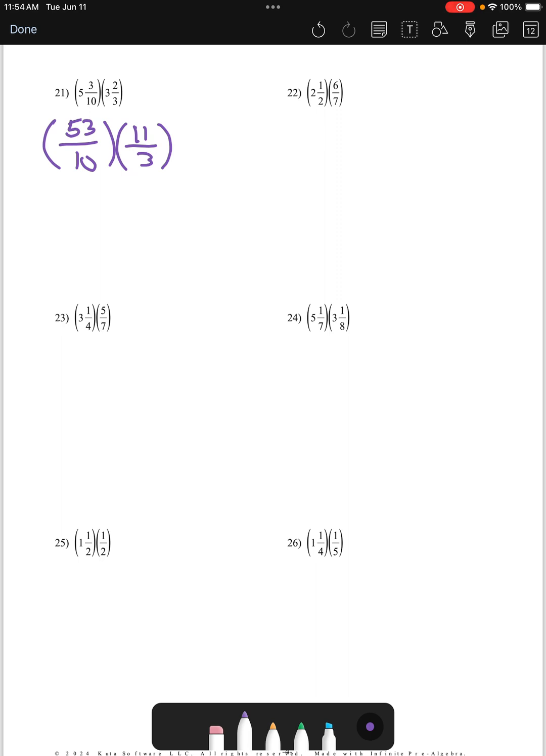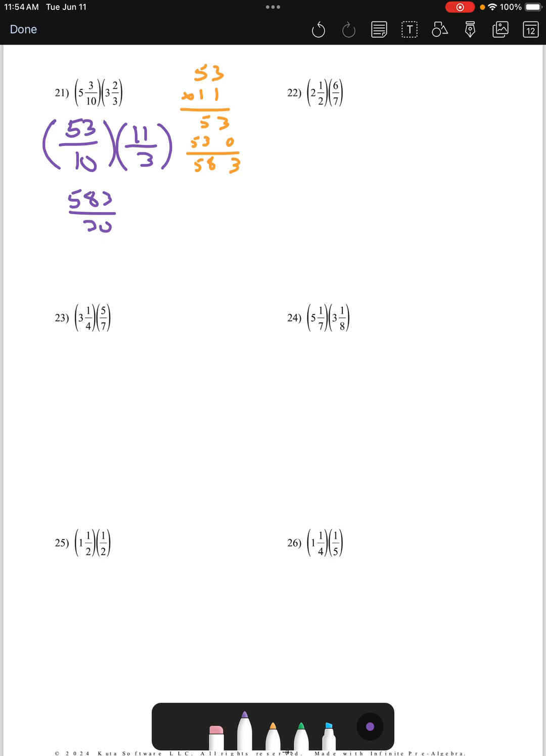Now, we're looking diagonally and hoping to find something. Sadly, 53 does not play well with 3, and 10 does not play well with 11. So there is no simplifying here, which means we're right to it. We've got to do 53 times 11. Now, that's not too bad. You can see the work there to the side real fast. We're going to get 583